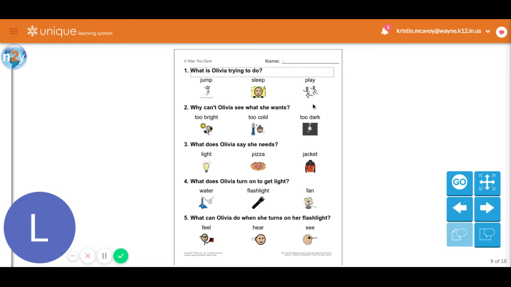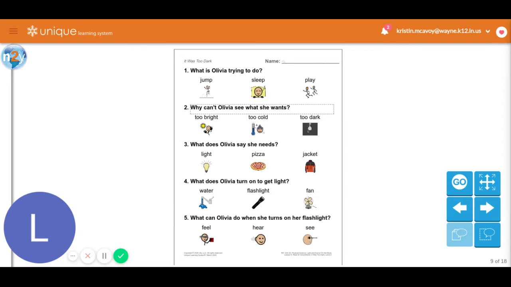Now that I've given you time to do that, I want you to go on to number 2. Why can't Olivia see what she wants? In the story, why couldn't she see what she wanted? Is it because it was too bright, because it was too cold, or because it was too dark?